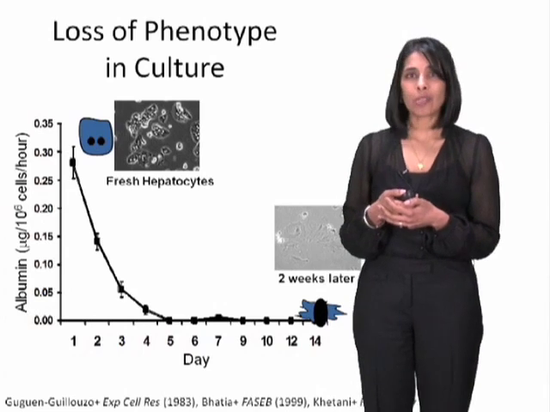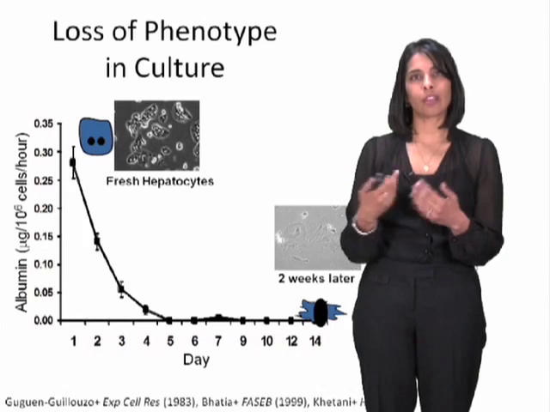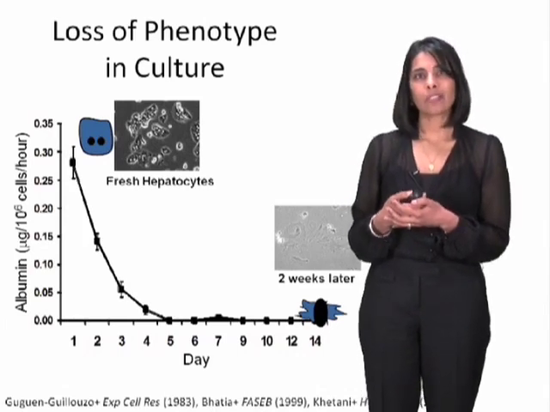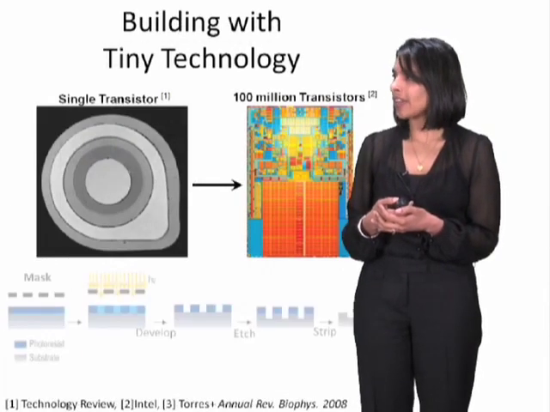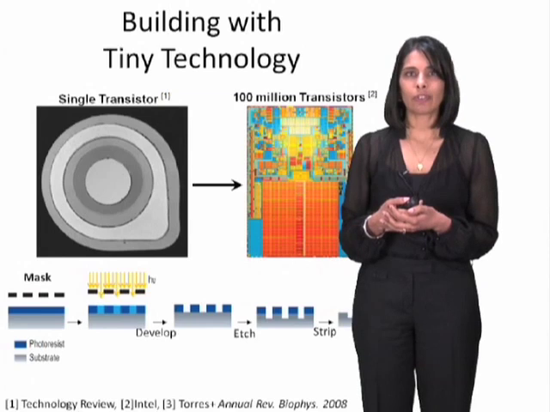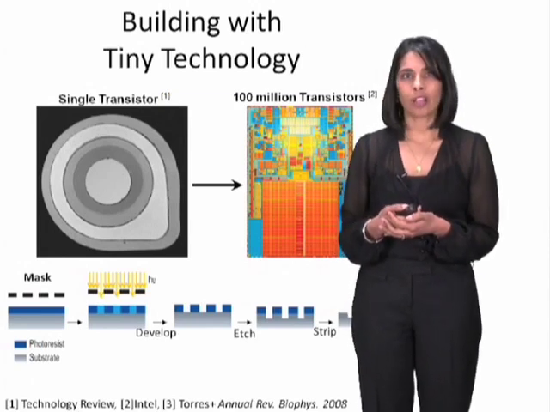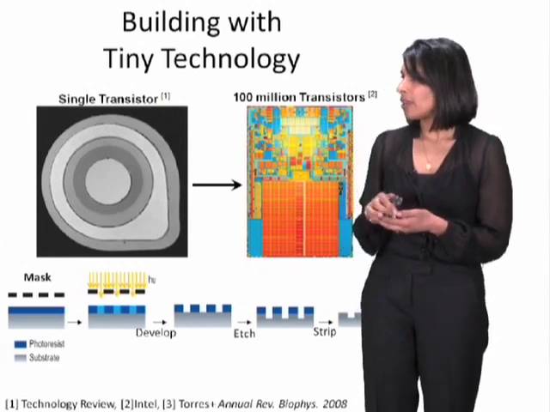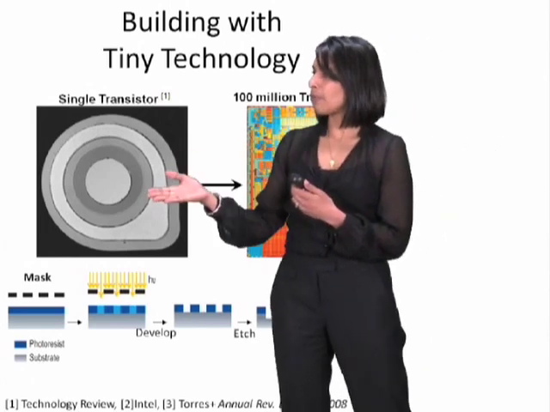Because the environment of the cells in vivo is specified at the 10 to 100 micron length scale, we have been drawn to technologies that allow us to manipulate the 10 to 100 micron length scale. And in fact, if one looks at the computer revolution, it was driven by miniaturization technologies that have exactly this property. So what I'm showing you here is what we achieved as a community over 50 years of progress